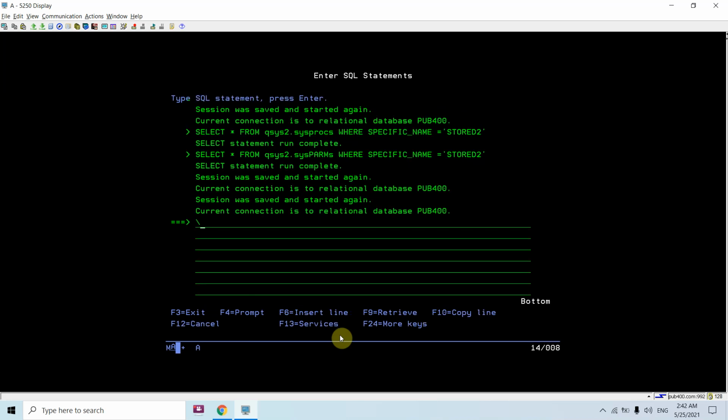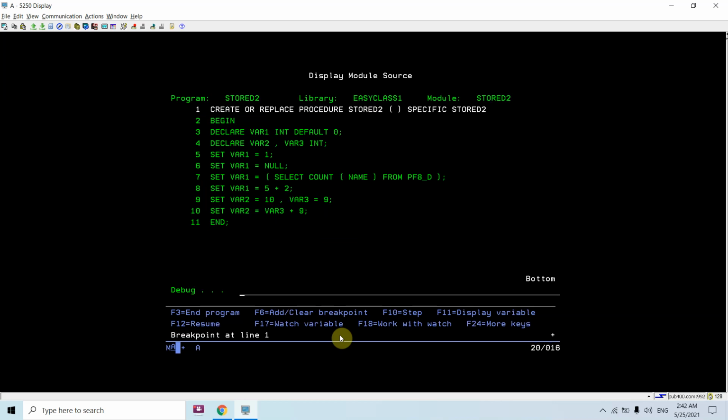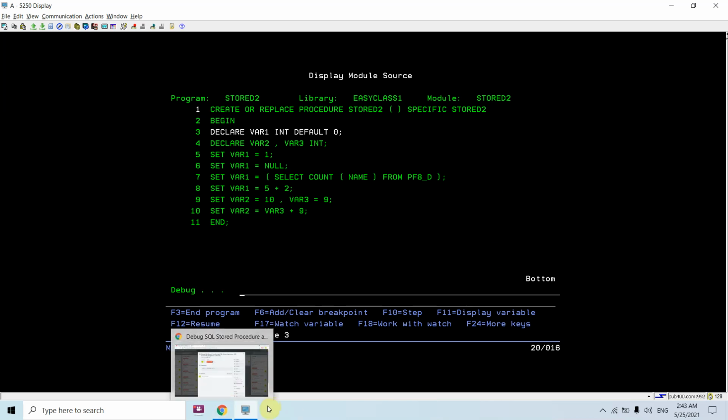Then you need to call this, call the library dot stored2, and there are no input parameters. The library name is wrong, so now call. Once you call this, you can see you are in debug mode. You are now debugging an SQL stored procedure.